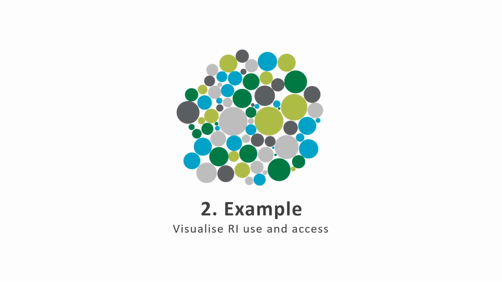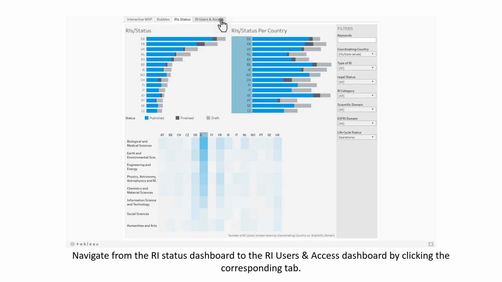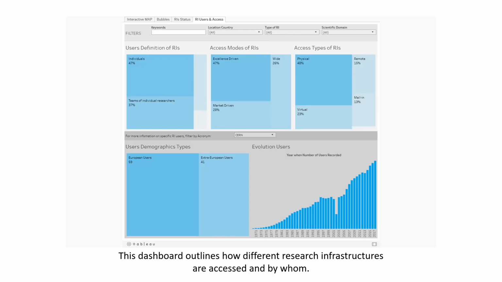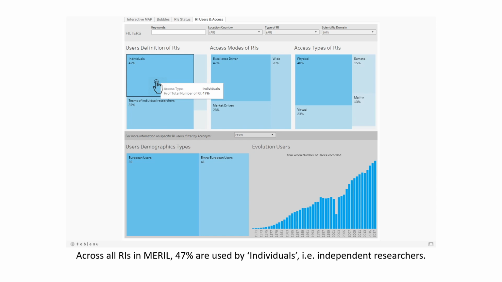Visualize RI use and access. Navigate from the RI status dashboard to the RI users and access dashboard by clicking the corresponding tab. This dashboard outlines how different research infrastructures are accessed and by whom. Across all RIs in MERIL, 47% are used by individuals, i.e. independent researchers,